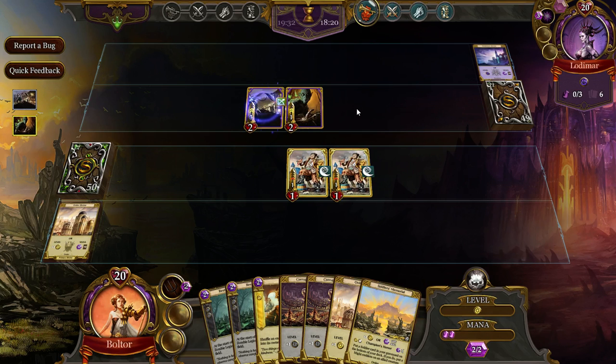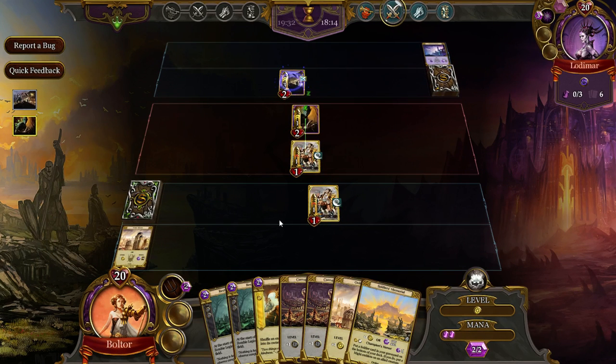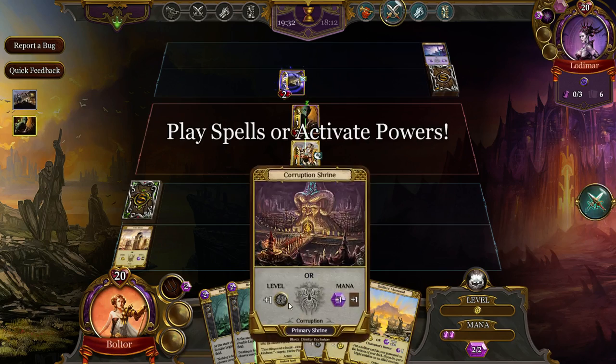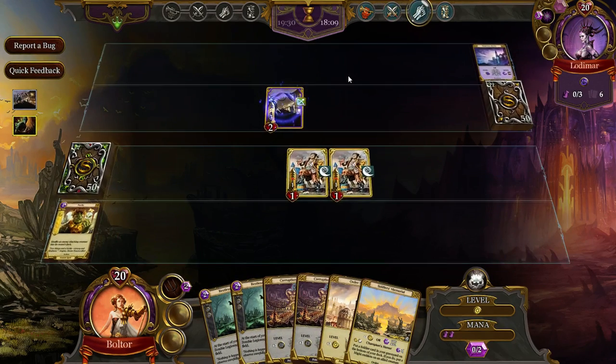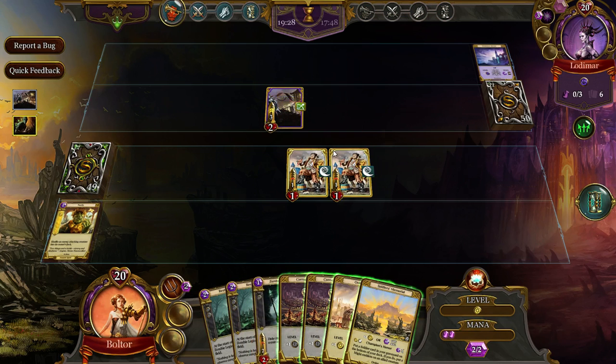Nope. Well, this kind of sucks because we've got nothing going on in our hand now. Let's see if he's got anything. Well, he's got 0 mana. I don't know what he's waiting on. Maybe he's got a Divine Offering for a shrine. There we go. Okay, well,